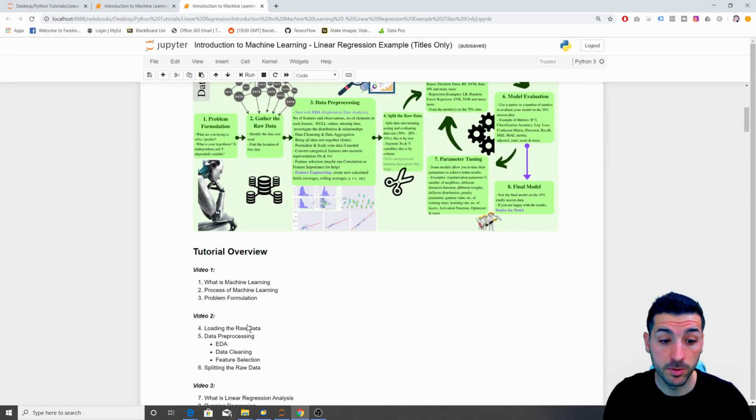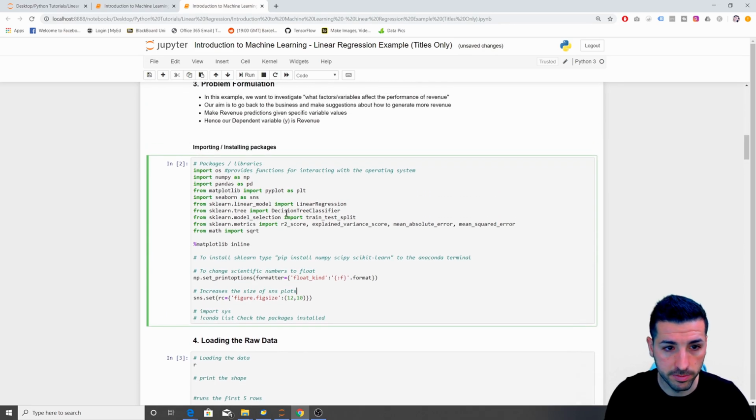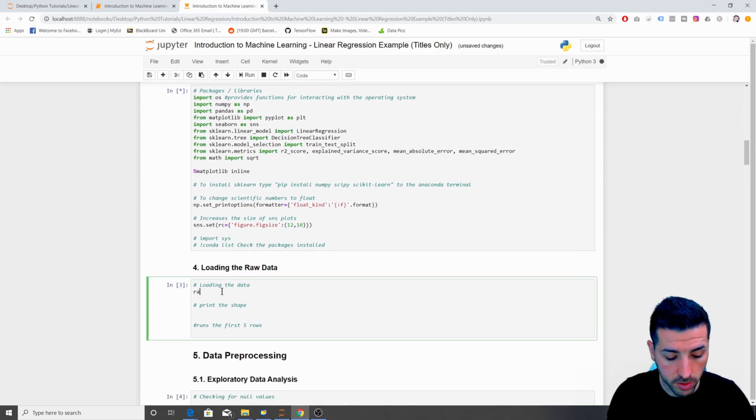Right. Starting from step 4 now, which is loading the raw data. As soon as you download the raw data from the link in the video description, you save it in a folder on your PC, and then to load it into Python, we have to first run our libraries. So we click Control and Enter to run the libraries, and then we can say raw data equals